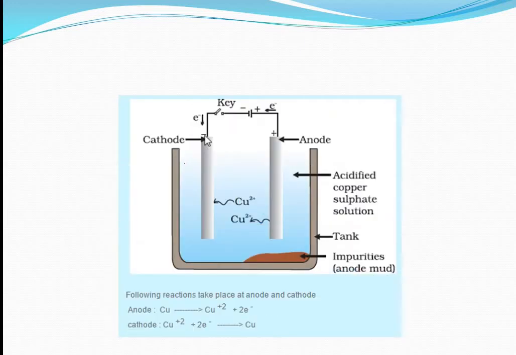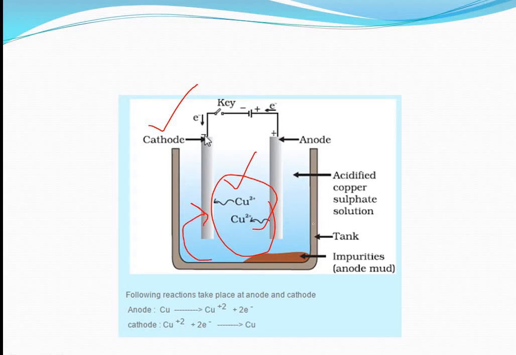So here is another diagram. The cathode has a negative charge, and the Cu2+ positive ions, being oppositely charged, will move towards the cathode. The anode itself is a copper rod, which releases its Cu2+ positive ions by releasing 2 electrons and dissolves, and again those Cu2+ positive ions get deposited over the cathode rod.